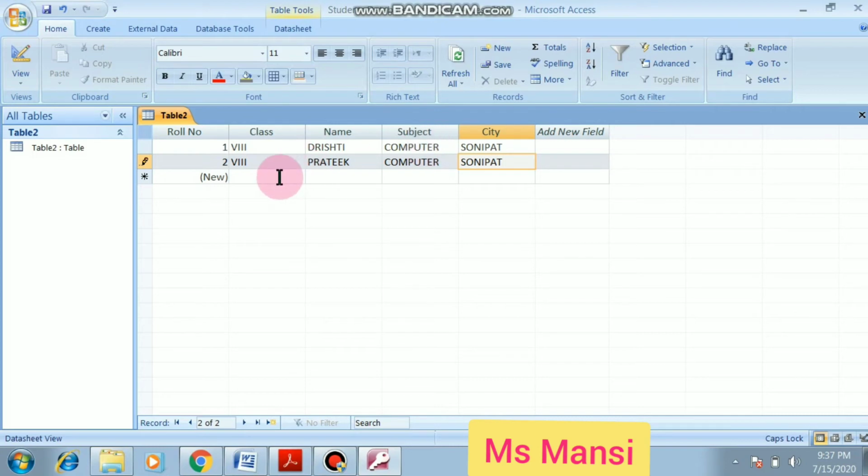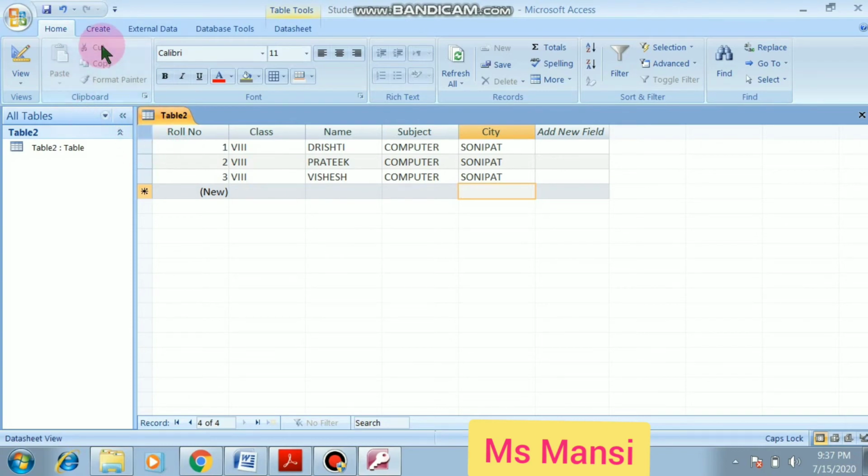So we are entering the data in our table. I have filled 3 records in our table.